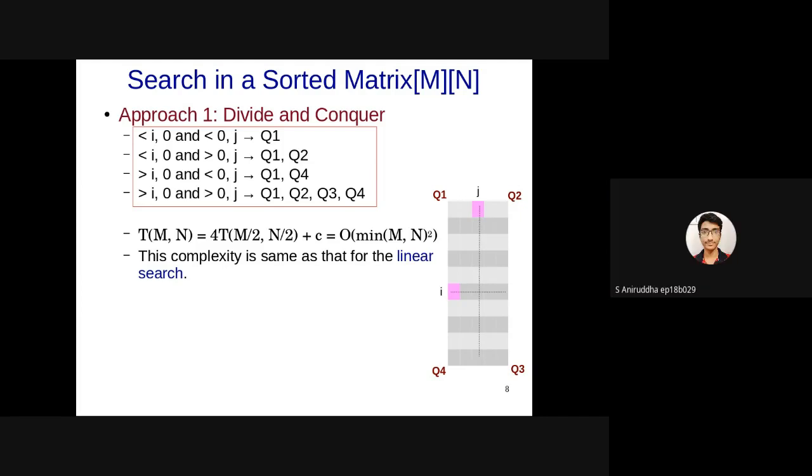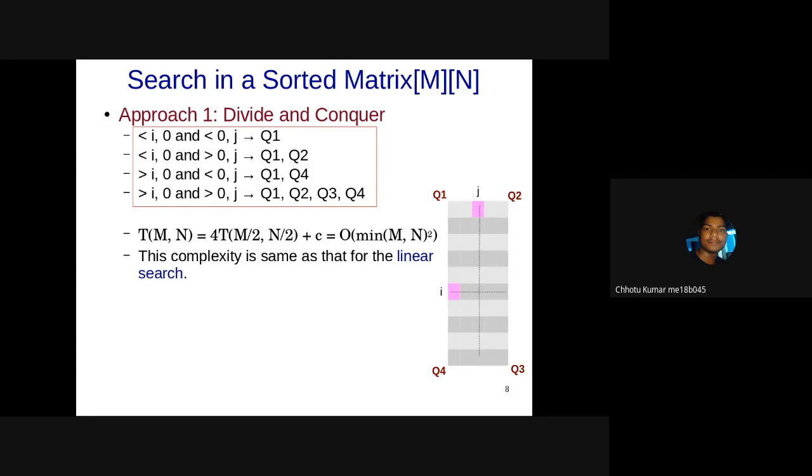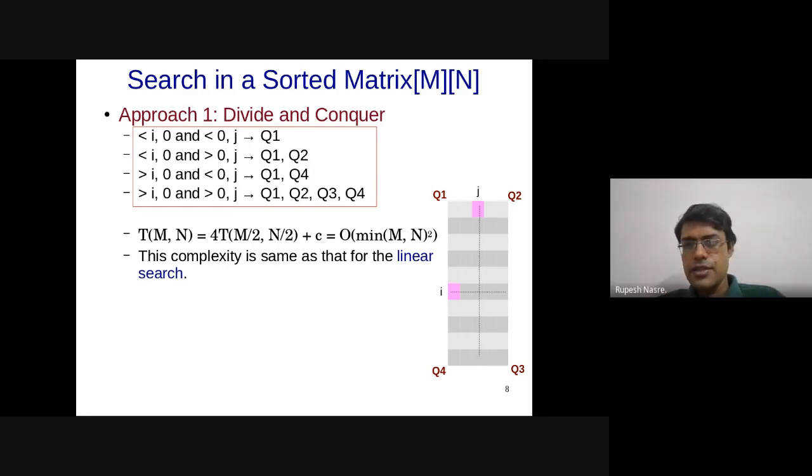Sure, sir. Thank you. Sir, I have also written an algorithm that is similar to binary search, where we divide into parts. But here, if the value is equal, then we just return. Can I send it to you in the chat box? Yeah, sure, no problem. Actually, instead of the chat box, can you send it by email? I think that will be better. Just paste it in an email and send it across. I'll take a look at it because I also need to go for lunch now.